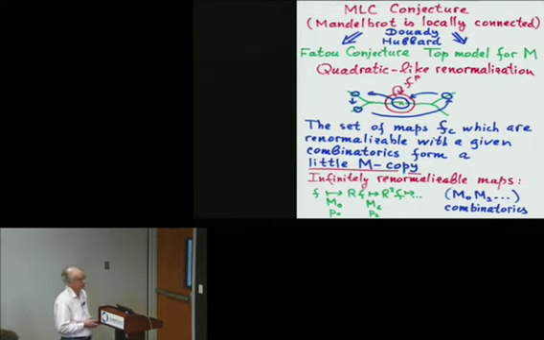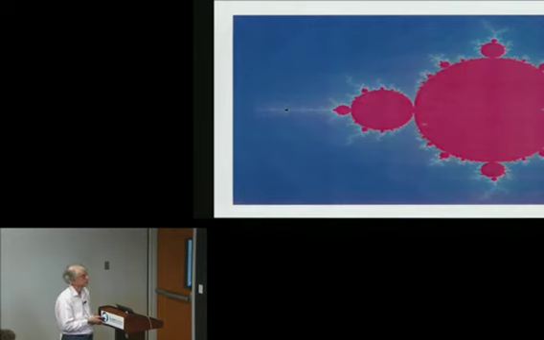And we can ask ourselves immediately a question: what are those parameters, those quadratic polynomials, which are renormalizable with this particular combinatorics? The answer is that it is a little copy of the Mandelbrot set inside of the Mandelbrot set. Inside of the Mandelbrot set, you can find many little copies. One of them is visible here. Some of them are not so little. That is a so-called little copy corresponding to doubling renormalization with period 2. This is a little copy corresponding to tripling renormalization with period 3.